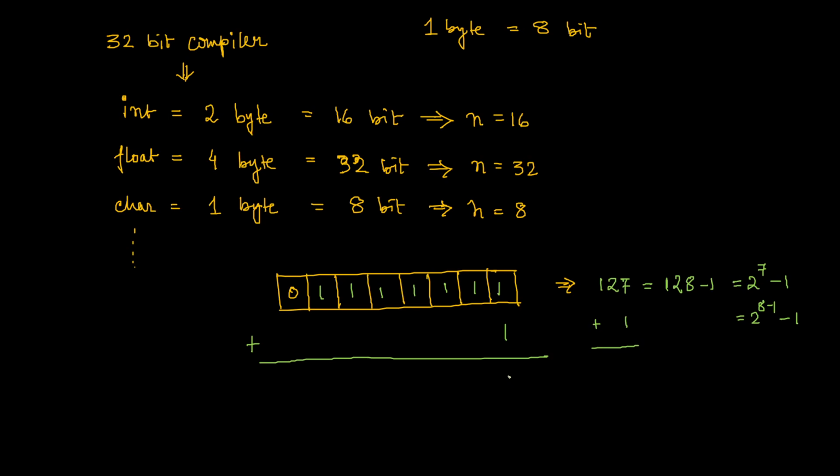I will get 1 plus 1 is 0, means 1 is carry, then again 1 plus 1 is 0, 1 is carry. So in this way you will see you will get 0 in all the places, and the last bit, this 1 will get carried every time, and the last bit will become 1. So your memory status becomes something like this.